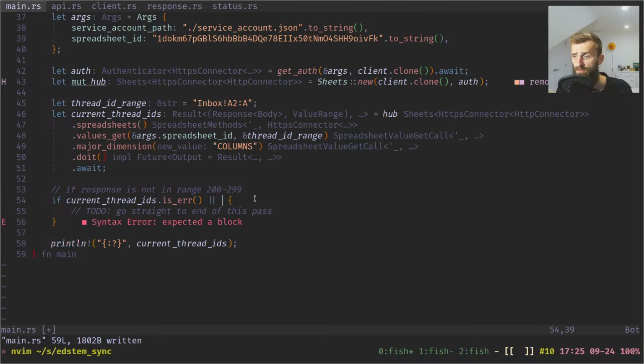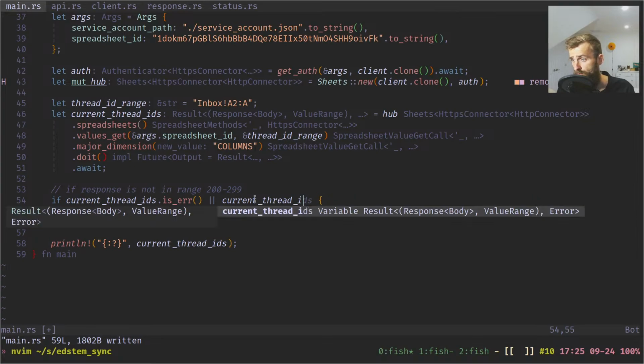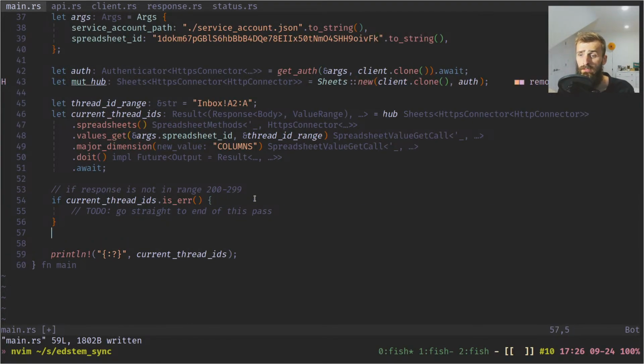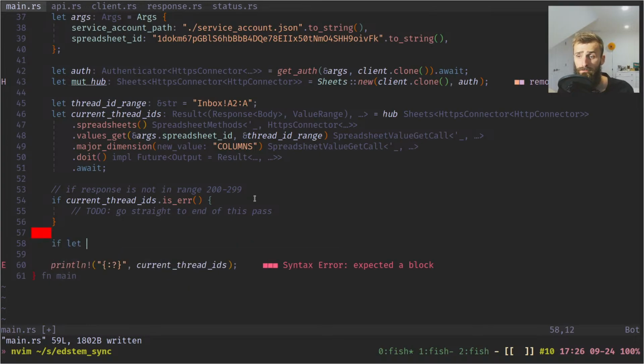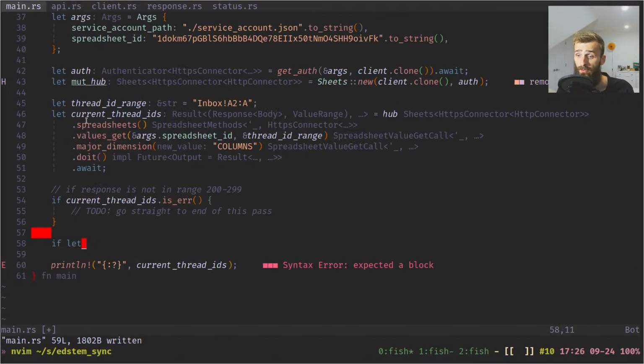So I'm going to add an OR statement here. Or, I'm actually going to do it down here. So this is doing most of my error checking for me, but I also want to more strictly check that the status is definitely 200. And the way I'm going to do that is saying if let OK response,